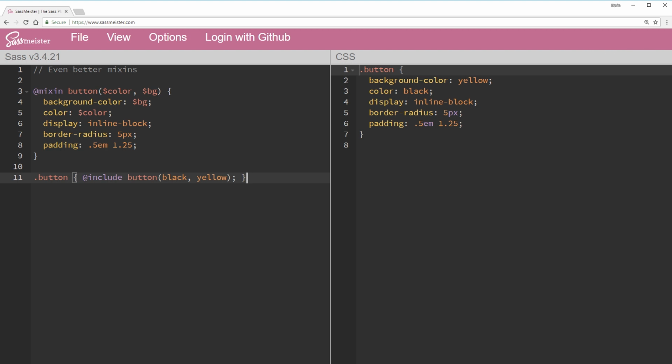So first we declare our mixin, and if needed we put in our arguments. So I put in my color and my background. We declare the values that we want. Now we can also throw in a bit of a twist to our regular mixin here by adding in some